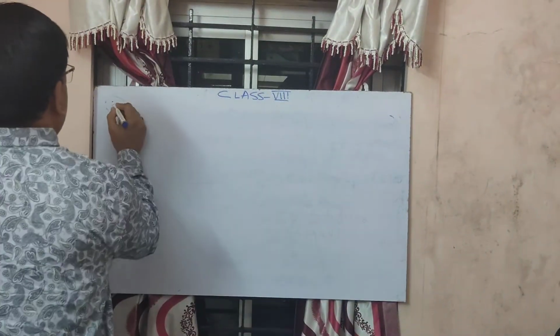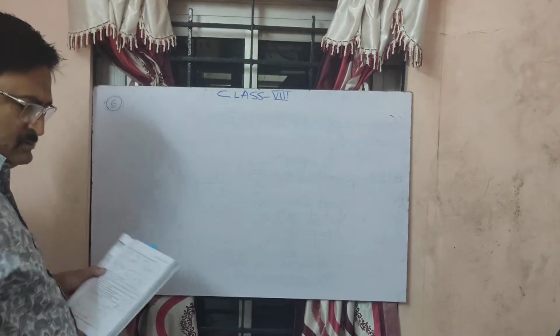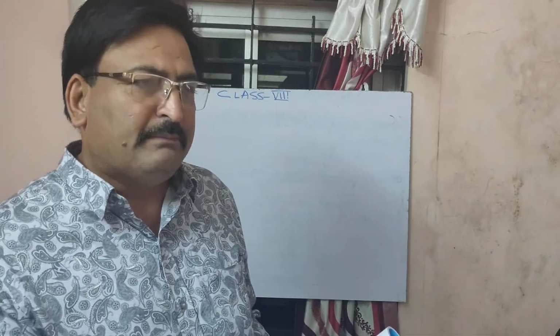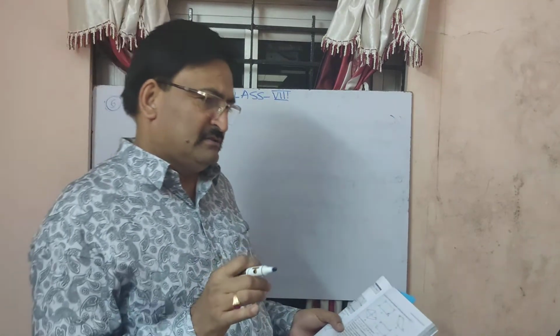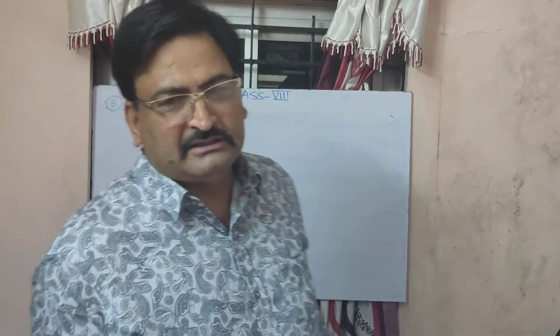Next example, sixth one. Note it down. Two adjacent angles of a parallelogram have equal measure. You need to understand each word of the question. If you forget to understand the question, you cannot solve the example. Read it twice, read it thrice, and understand each word of the example.